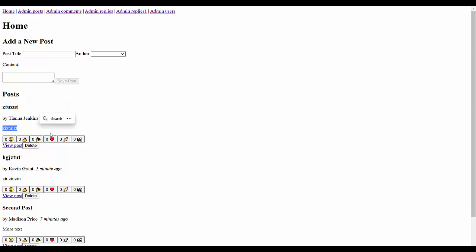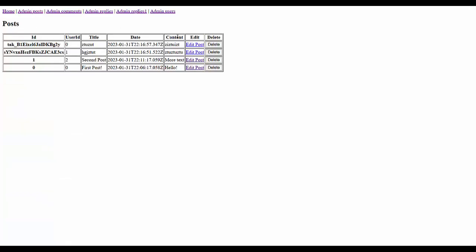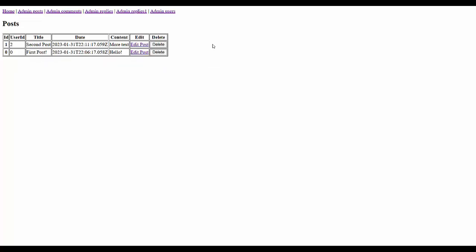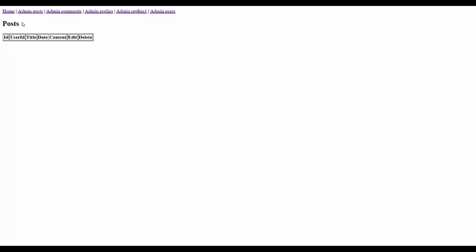Here is the content, reaction, view post, delete post. We don't need delete here. We need delete here. In every table, we have delete, delete, delete,